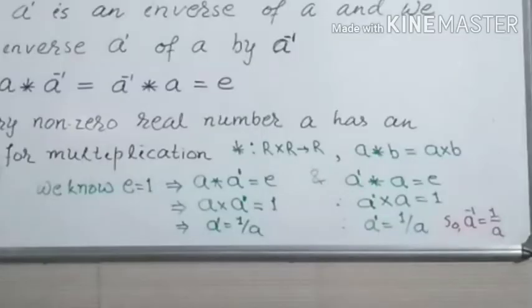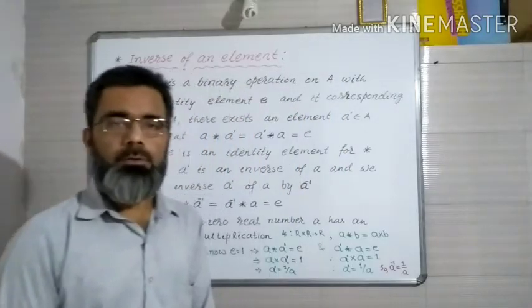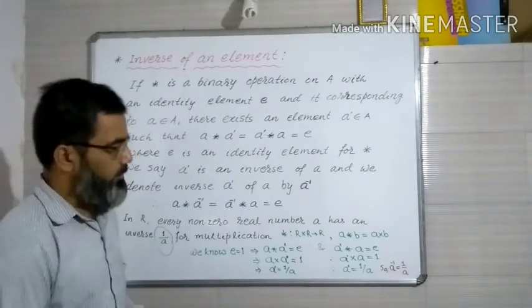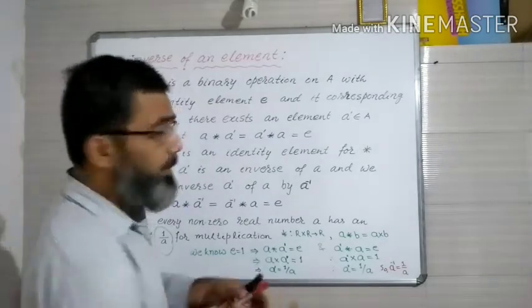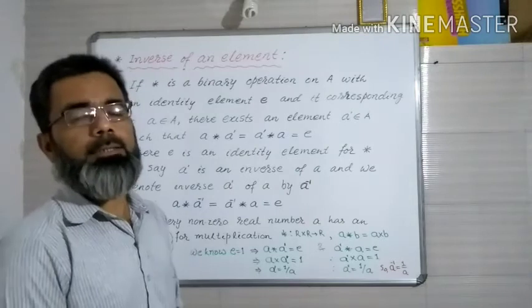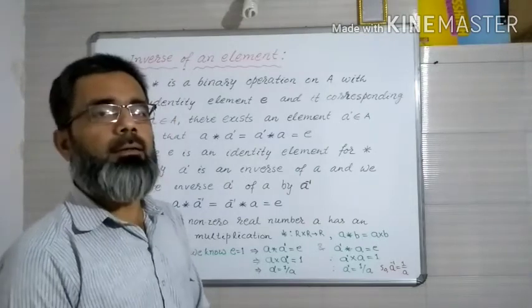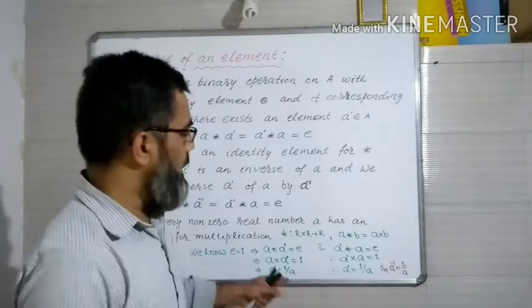It is proved. So ऐसे करके हम इनवर्स ऑफ एन एलिमेंट फाइंड कर सकते हैं। अच्छा, देखते हैं एक और एग्जांपल, जैसे हमारा कंसेप्ट और ज्यादा क्लियर हो जाए। अभी मैंने जो आइडेंटिटी एलिमेंट के लिए एग्जांपल लिया था वो ही एग्जांपल मैं लेता हूँ।